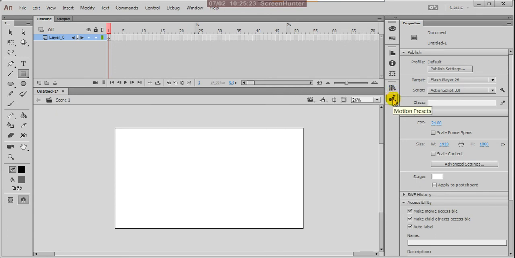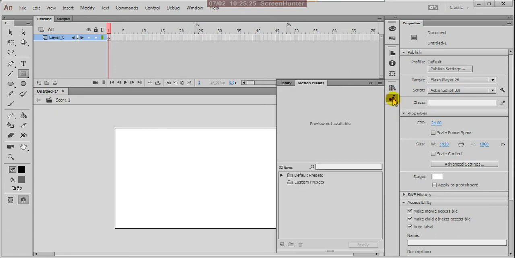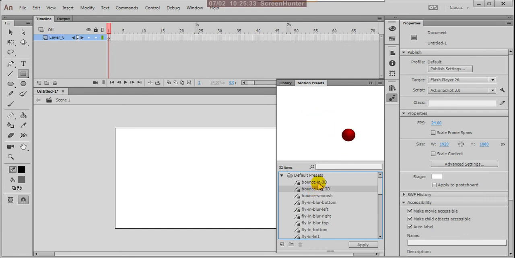Yes, and here are the motion presets. The motion presets are ready-made presets. When you click on this, the software itself creates the effect and applies it on your object.